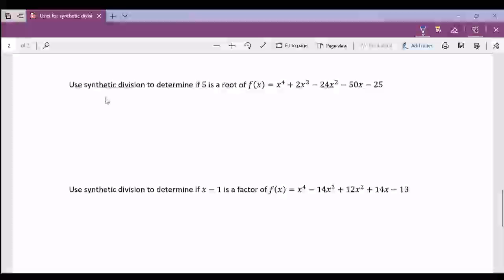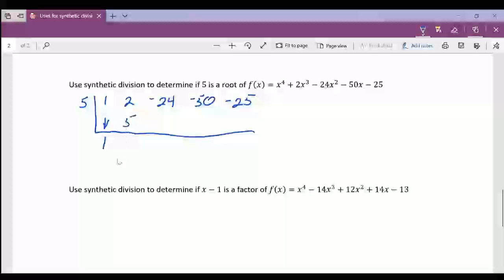Okay, this time we've got, setup is the same. 1, 2, negative 24, negative 50, and negative 25. Okay, determine if 5 is a root of all that stuff there. Okay, so we're going to use synthetic division. We're going to put 5 on the outside here, and we'll bring down 1, multiply, add,